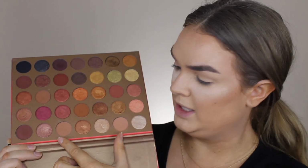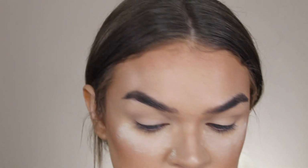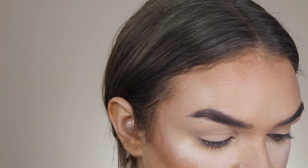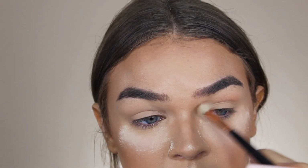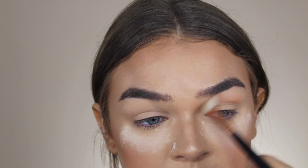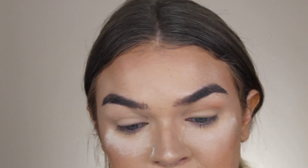Okay, so first I'm going to go in with a combination of these two lighter matte shades. So I'm taking that just on a Morphe R37 brush, and I zoomed you guys in so you can see what I'm doing. And we're just going to start working this in our crease. I think I want this just to be a pretty basic matte, warm toned brown look,